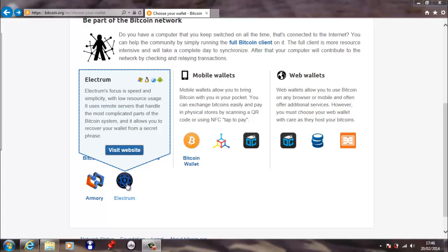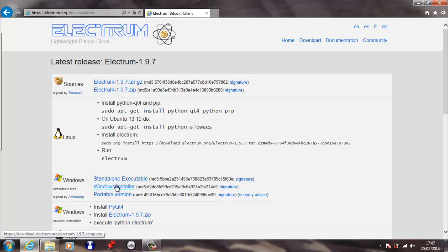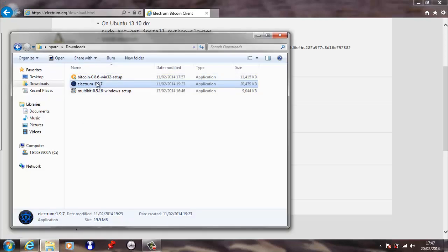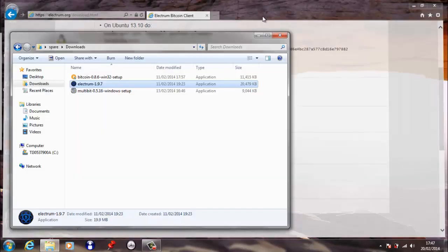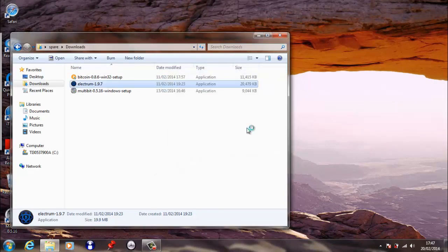So I'm going to head over to Electrum's website now, and we're going to download the Electrum wallet and run through the installation. So if I head over to download, and I'm going to download the Windows installer, but you can see there's also installer files for Linux or Mac OS X. So you click on the Windows installer. I actually have it downloaded, so I'm going to go straight to my downloads folder, and I'm going to run the installation. So I'll click on run,